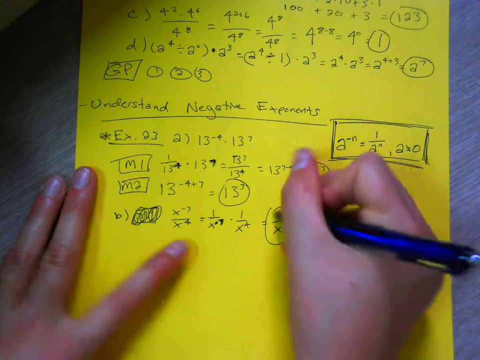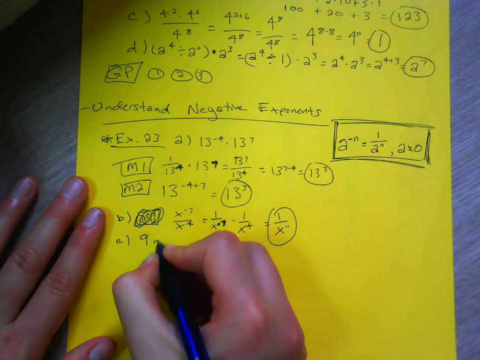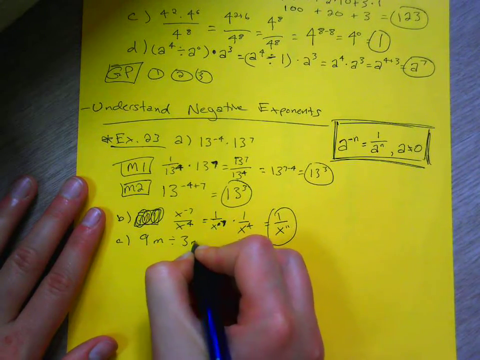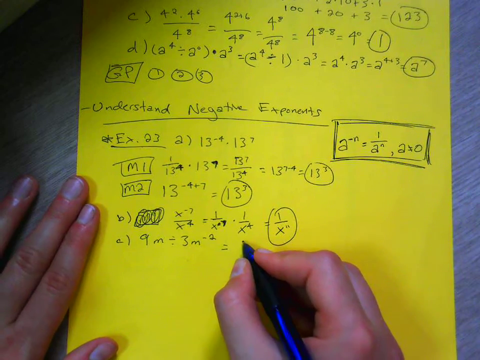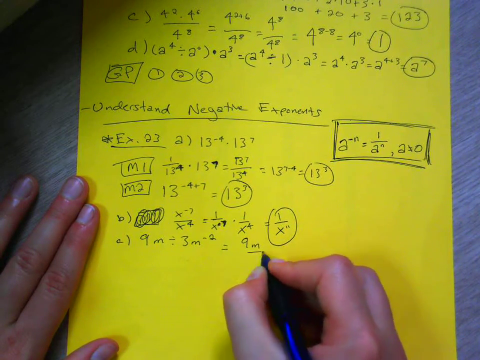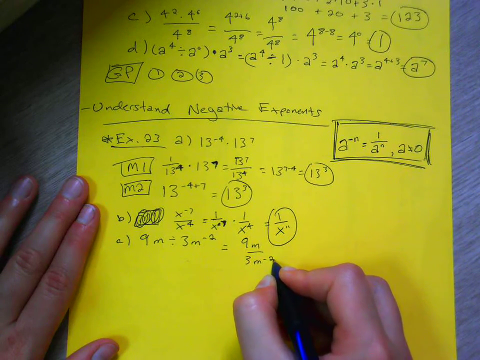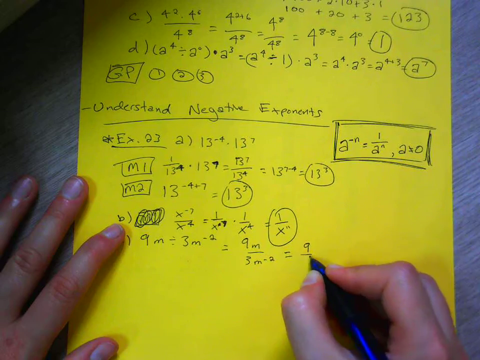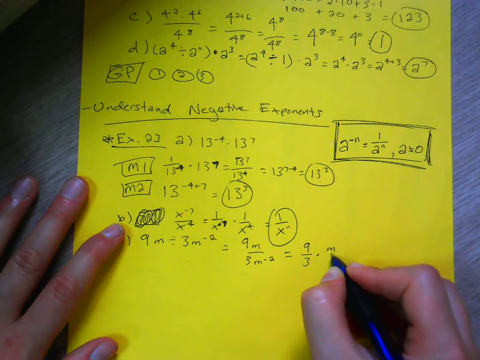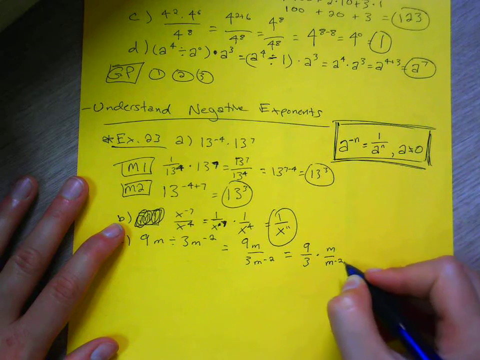Let's try it one more time. 9m divided by 3m to the negative 2. Let's put it in fraction format to make it easier to see. 9m over 3m to the negative 2. Let's split this apart to make our 9 over 3 by itself times m over m to the negative 2. And now let's take that negative 2, raise it to the top,